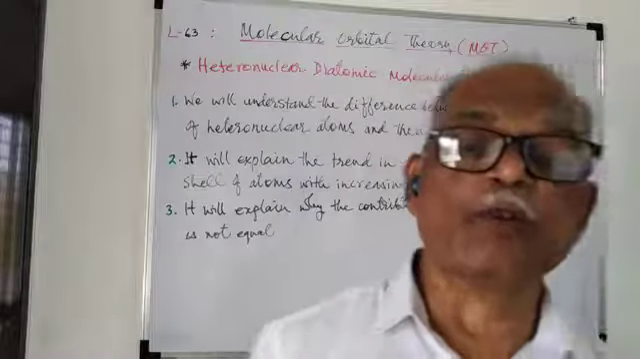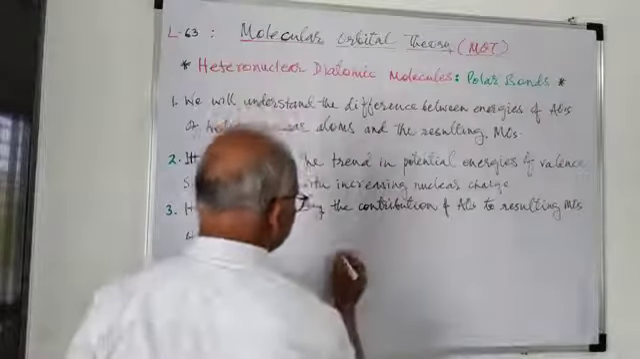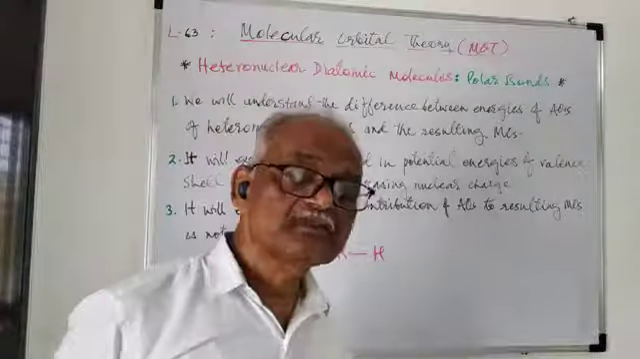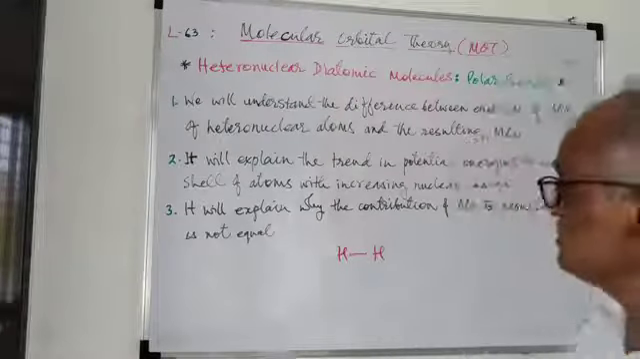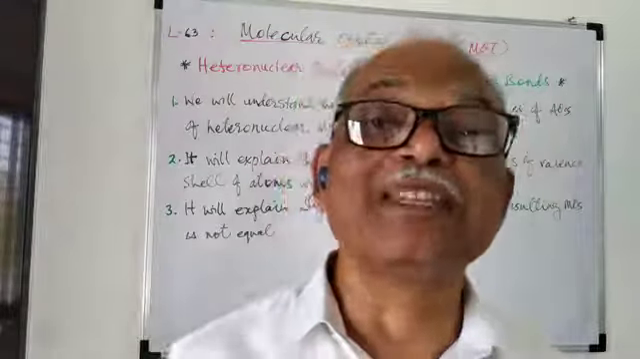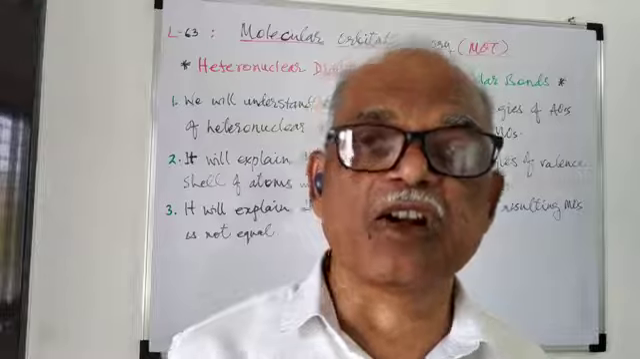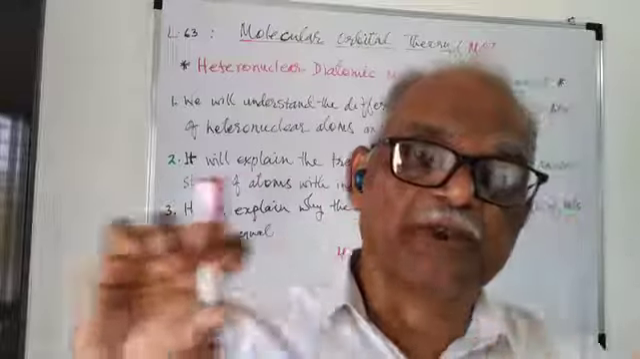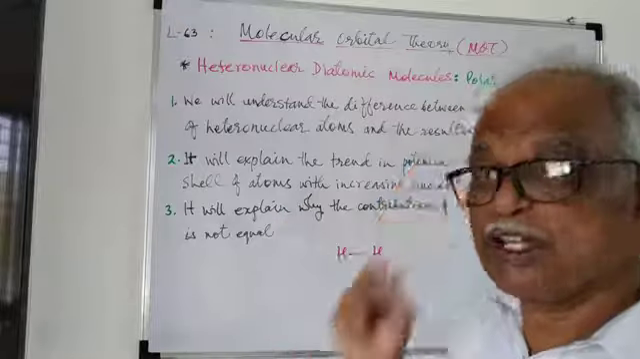As we have seen in the case of homonuclear diatomic molecules, you can consider the simplest example of hydrogen, where both atoms are of the same element, as a result of which there is no polarization. The electron density is concentrated between the two nuclei, which shows a non-polar molecule, or the bond is called non-polar. The electron density is concentrated uniformly throughout the two nuclei. But in the case of heteronuclear